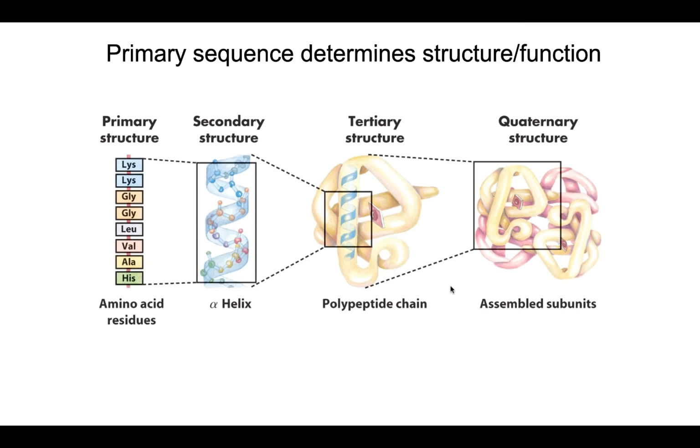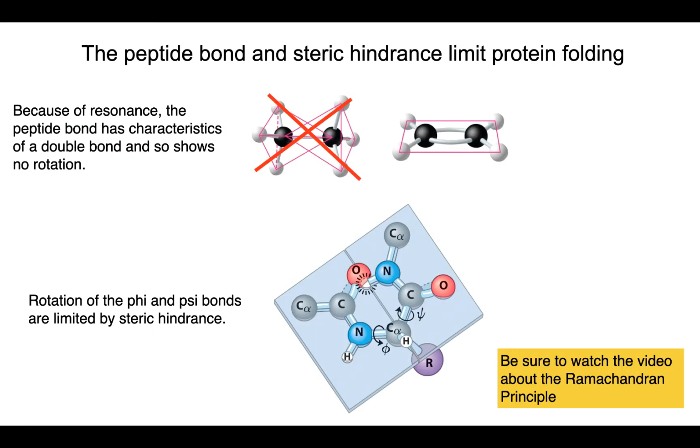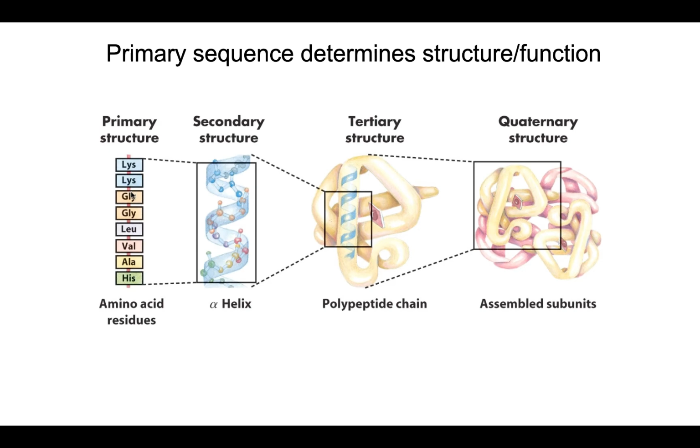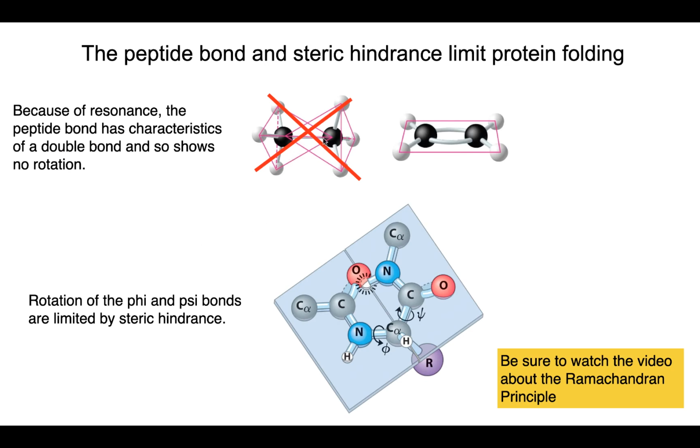So here we have the 4 levels of protein structure: the primary, secondary, tertiary, and quaternary. Now the primary structure, as I said, is what determines all of the rest of this, and indirectly the protein function. Okay, so the peptide bond that connects amino acids together is unusual in that, because of resonance, although it looks like a single bond, it actually acts more like a double bond, which means there's no rotation around those